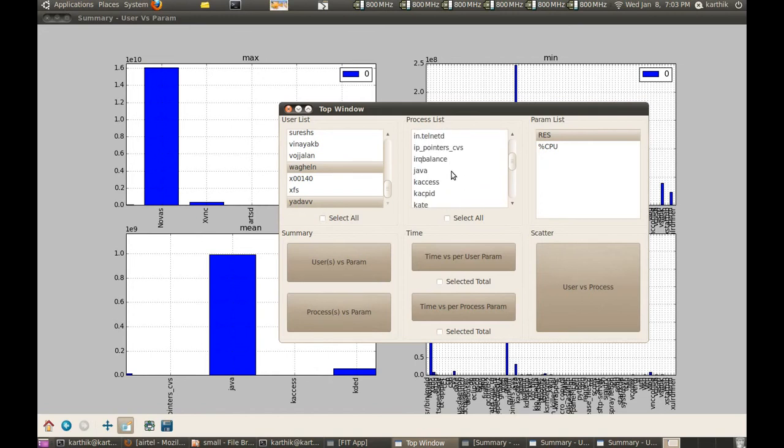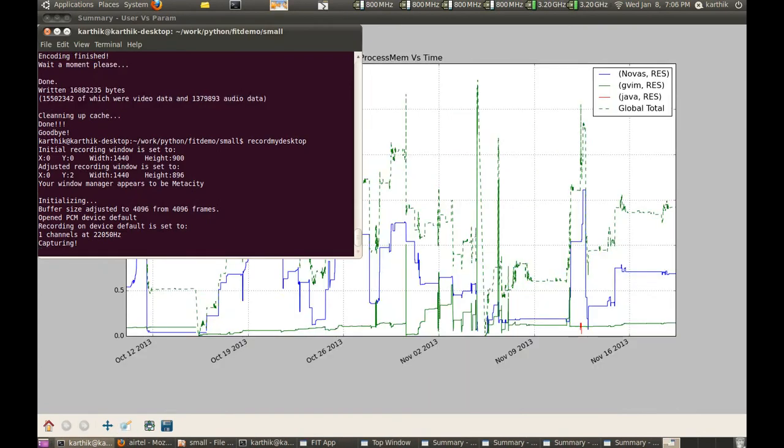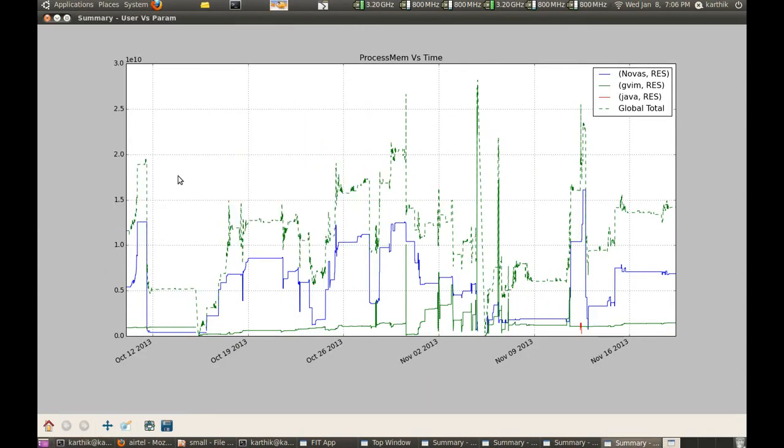Right, so let's plot. In the process versus time plot, we can see that out of the three processes, the one in green here,